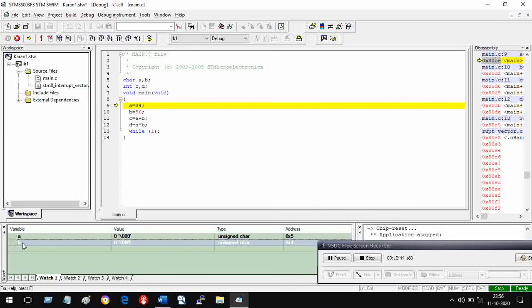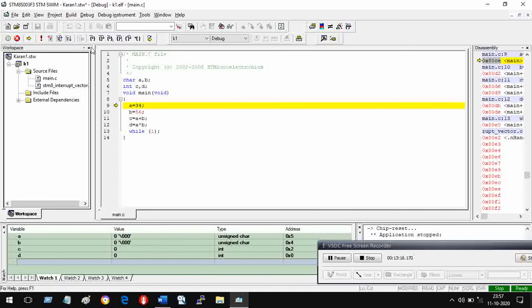Okay, this has not yet come. C. It has come. Okay, then here it is D. So right now the values of A, B, C and D are all zeros. Right? When I execute this instruction at line number 9, the instruction is A is equal to 34. So it has to assign 34 to A. The value of A should become 34 when it is executed.